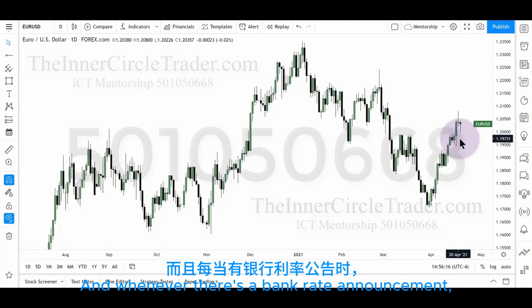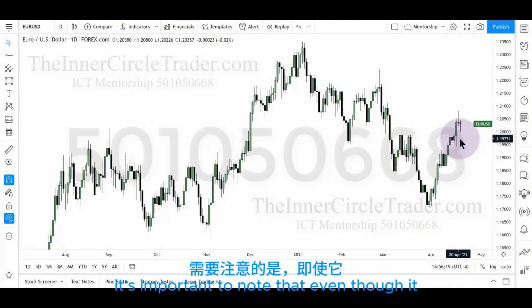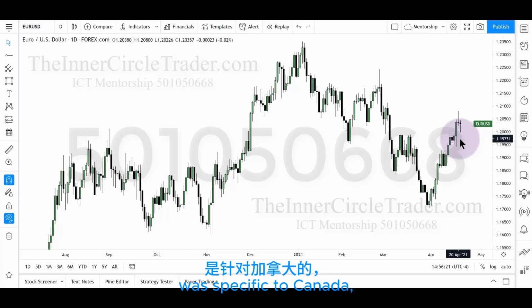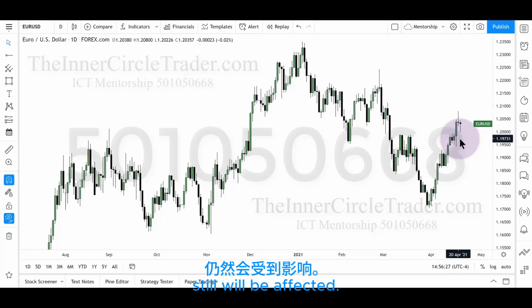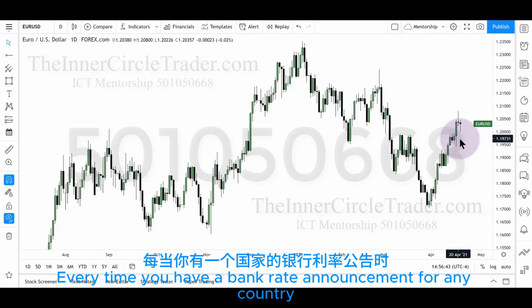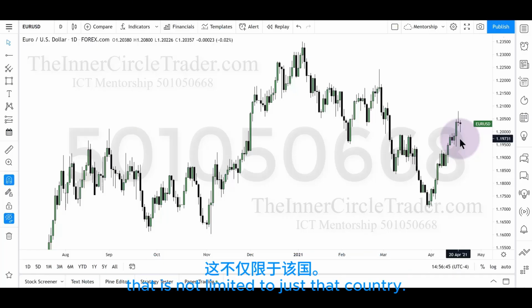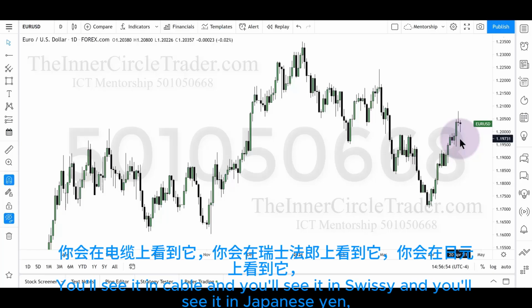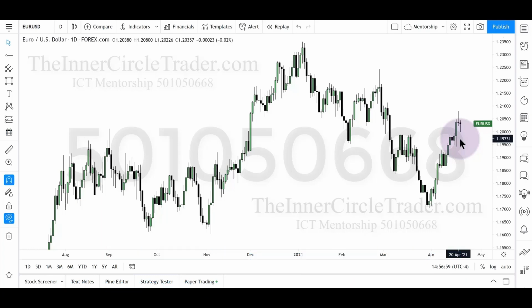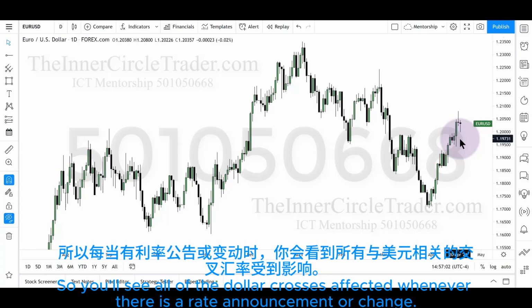And whenever there's a bank rate announcement, it's important to note that even though it was specific to Canada, all of the interbank relationships with that currency and dollar still will be affected. Every time you have a bank rate announcement for any country, that is not limited to just that country. It goes through the dollar crosses, and you'll see reverberations through euro, you'll see it in cable, and you'll see it in Swissy, and you'll see it in Japanese yen, Australian, and New Zealand. So you'll see all of the dollar crosses affected whenever there is a rate announcement or a change,